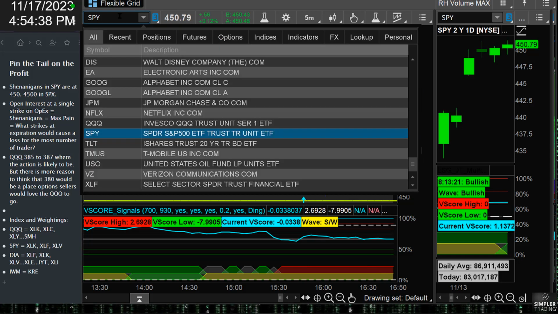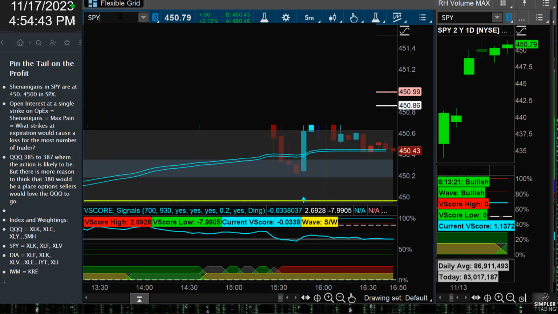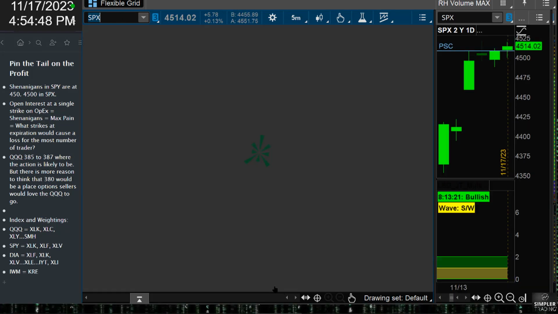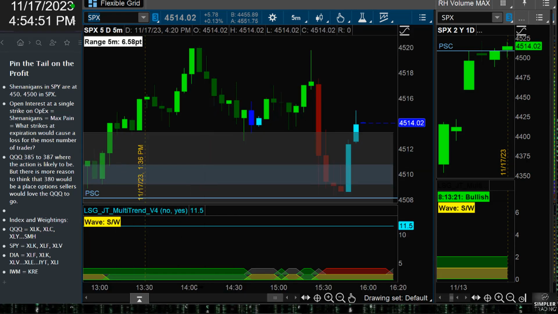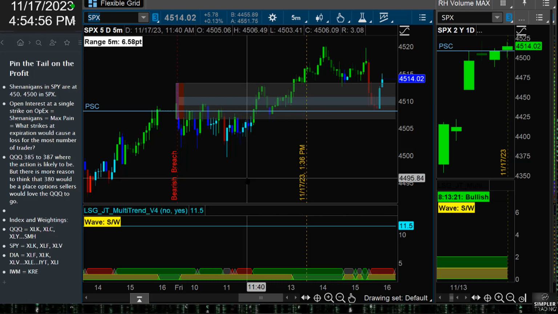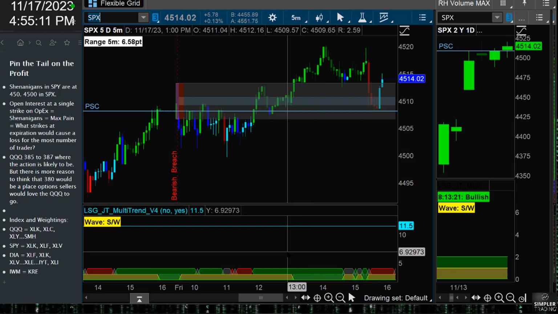What about the SPX? A lot of folks ask me, Rog, let's do the SPX as well. So let's pull that up. The way we did that is really similar. Now, I won't use the VWAP here, but I'm certainly going to use the same kind of open interest. And it was really close to 4,500. Now, not quite spot on as the SPY. I prefer trading the SPY for that reason. I think the levels that I'm able to find on the SPY for my purposes via my tools are far more accurate than the SPX. I'm not a big SPX trader, but I get the question all the time.